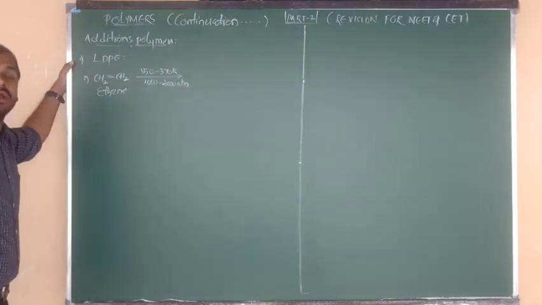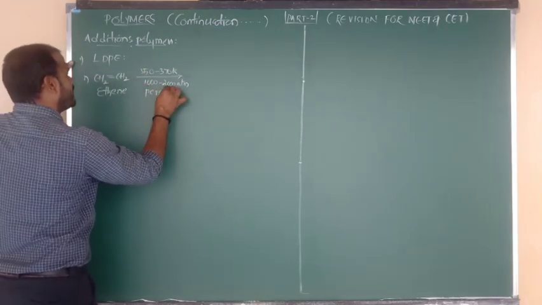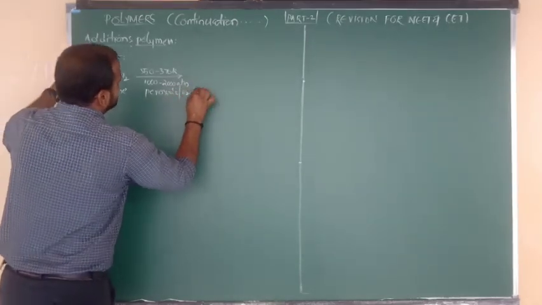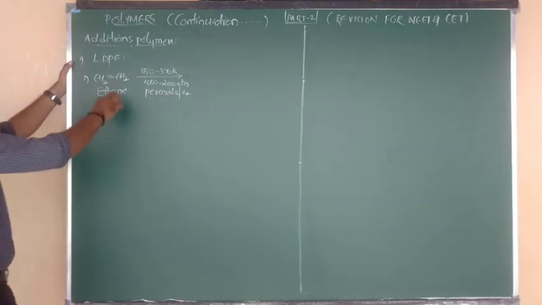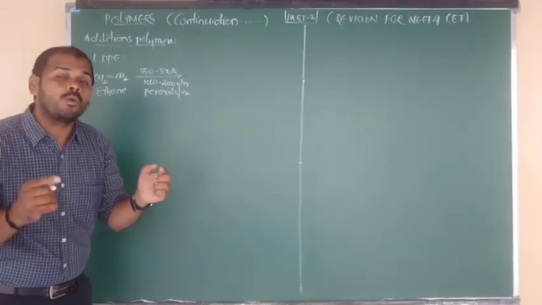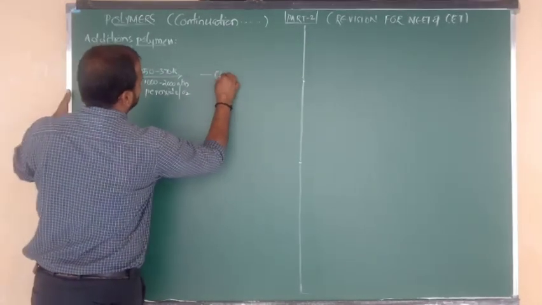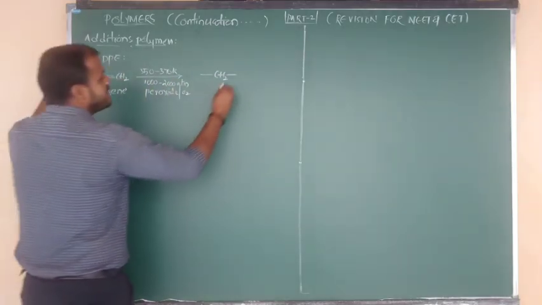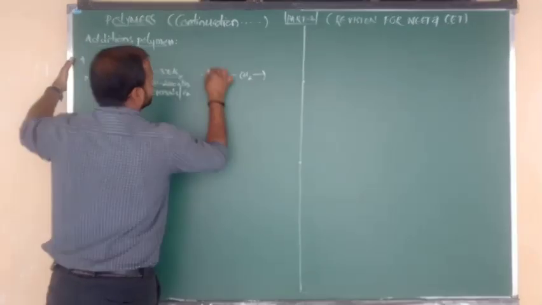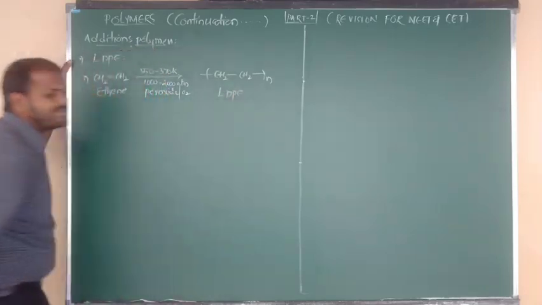In this reaction we use a suitable catalyst, that is a peroxide, and we can also use traces of oxygen. The ethene units during polymerization are connected by continuous covalent bonds and form the chain, that is low density polyethylene. In the formation of the covalent bond, the double bond becomes single bond, and the pi bonding electron is given to the next monomer. This chain continues in this manner. So this is the structure of low density polyethylene.